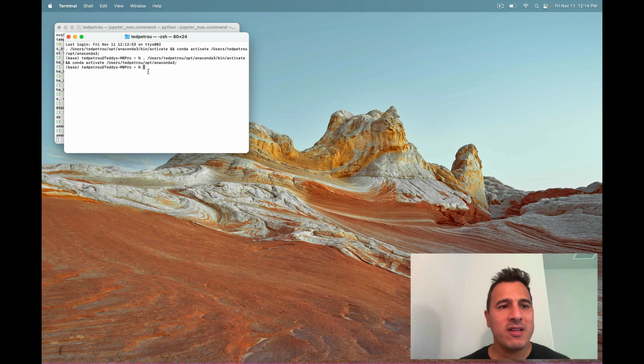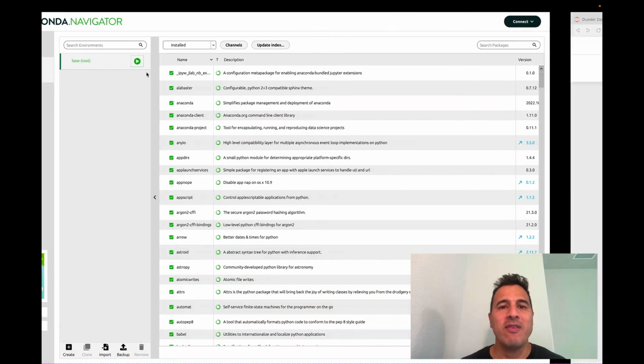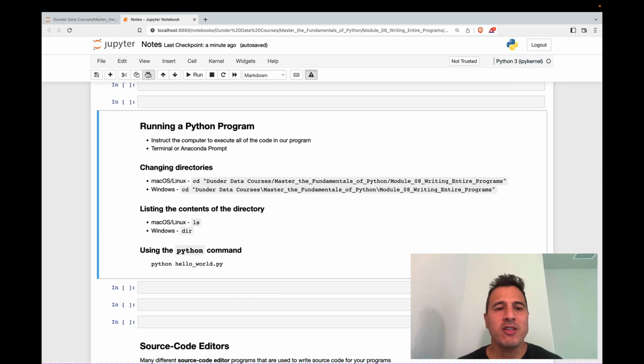And this terminal allows us to give direct instructions to our computer, and we just need to give it the right instruction. The first thing to do is actually to change directories. That's what this command does. By default, it opens up our home directory, but our Python program, hello-world.py, is not in our home directory. It's over here in this particular directory. So I'm going to go ahead and copy this command